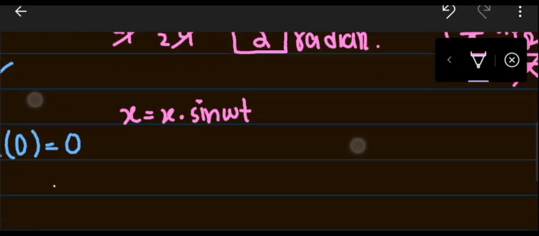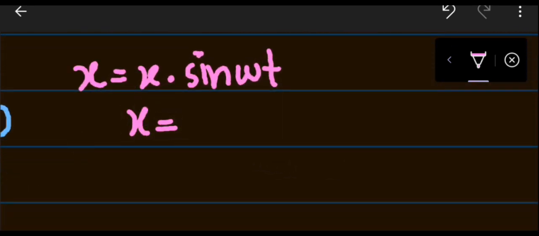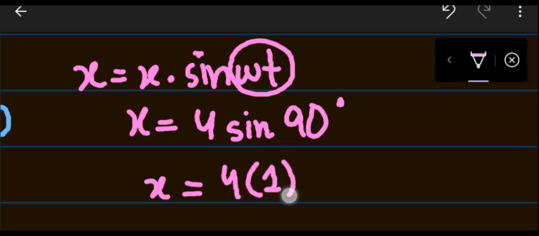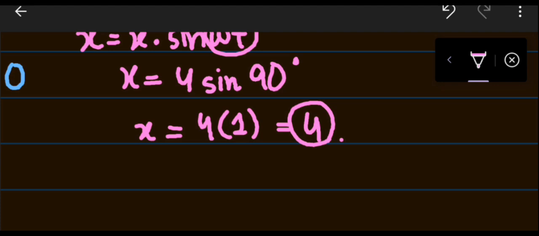So we will put here, x is equal to 4 sine 90, because the omega t, we found the phase angle, which was pi by 2 in radian, and when we convert the radian into degree, it was 90 degree. So we know sine 90 is equal to 1. So it is 4. So hence we can say x is 4 meter at